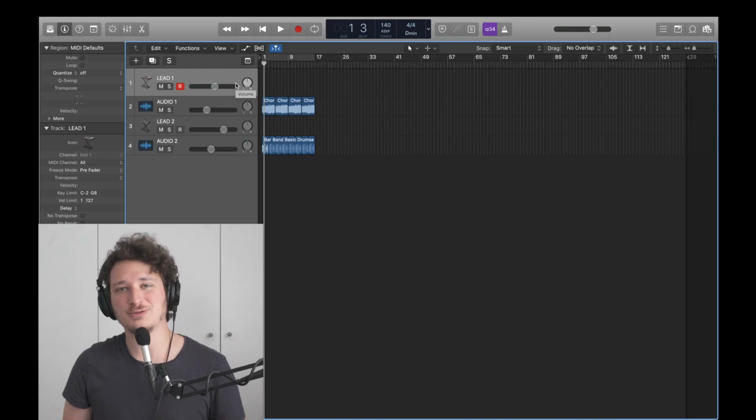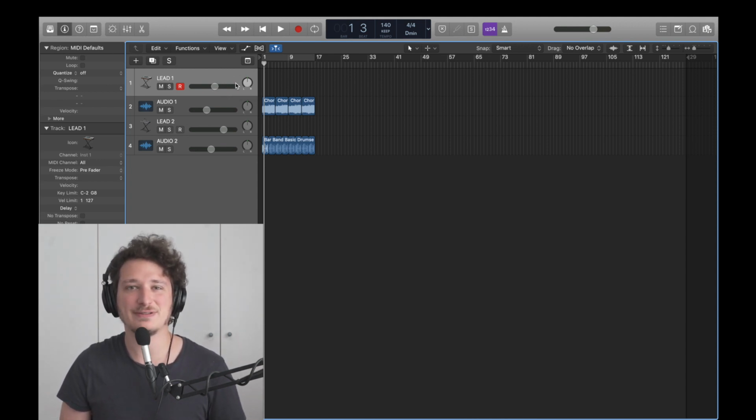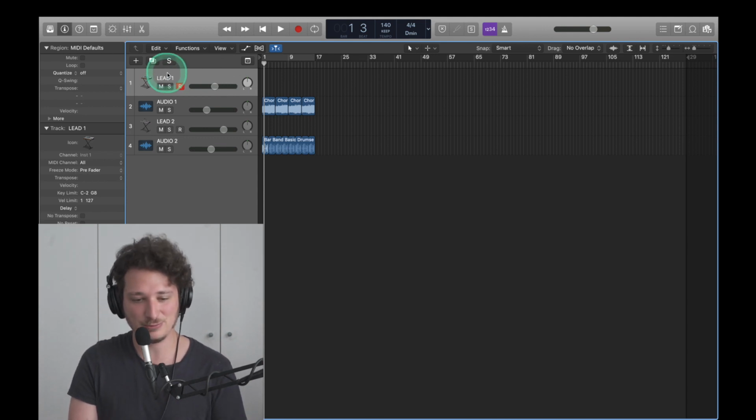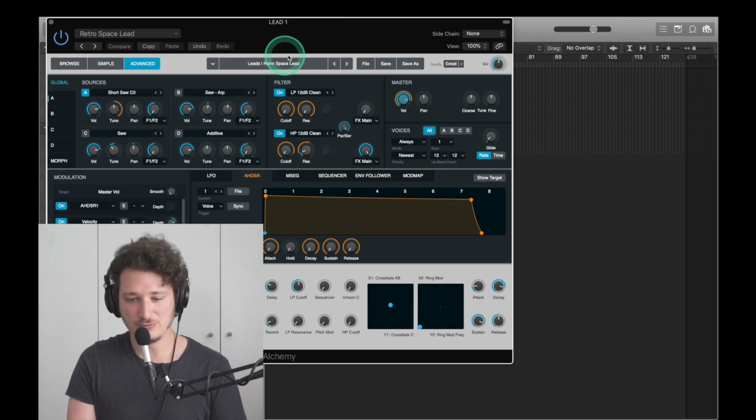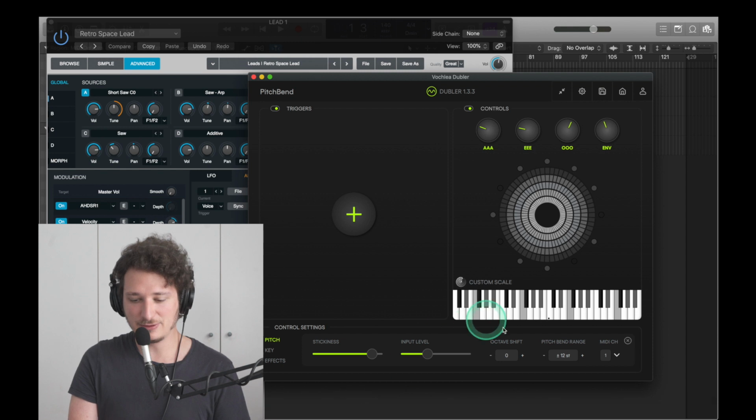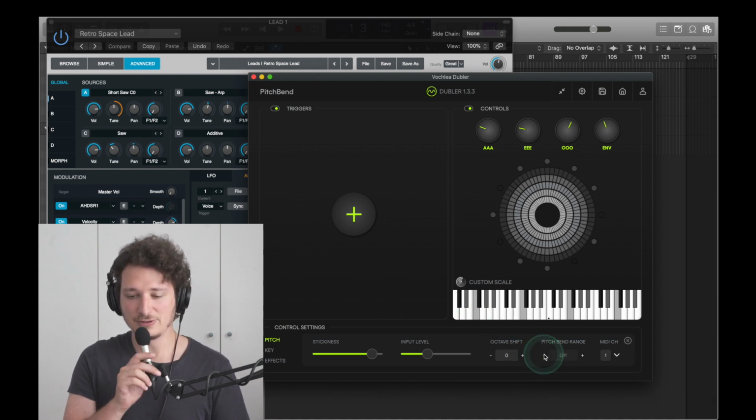So first, it would make sense to break down what exactly we mean by singing melody with pitch bend. Normally, while singing melodies in Dubler, you have to hit each note with a clear syllable or transient sound. For example, we'll first use this Alchemy preset, Retro Space Lead. And in Dubler, I'll put this pitch bend range back down to 0. For example,